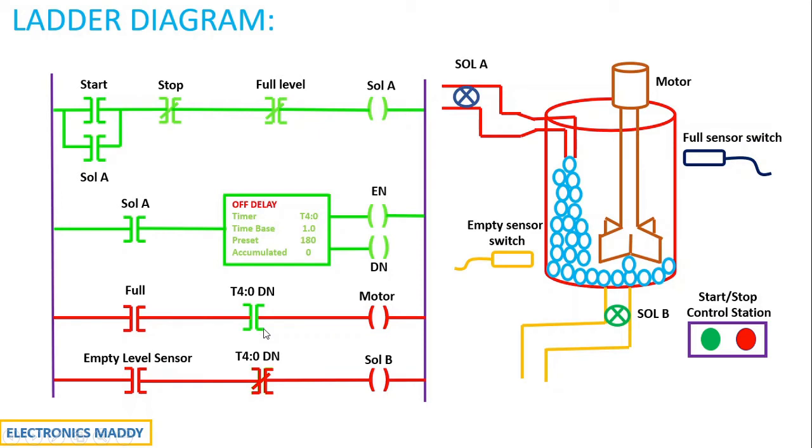Now what has happened as of now? If you carefully observe, once the start push button was pressed, we have achieved the done bit of the off delay timer going high. As a result, this has become high. Consequently, at some point in time, once the liquid started flowing and it fills up, the full level sensor switch will be activated. So let me assume the full level sensor, which was not activated, is activated now in this particular fashion. So once it is activated, the motor starts, isn't it?